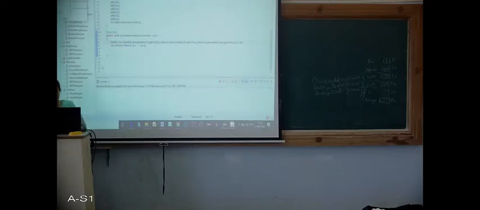I'm running this applet and here let me give some other numbers 76, 59 and say 99. Okay, so this time you can see that the average is 78.0.